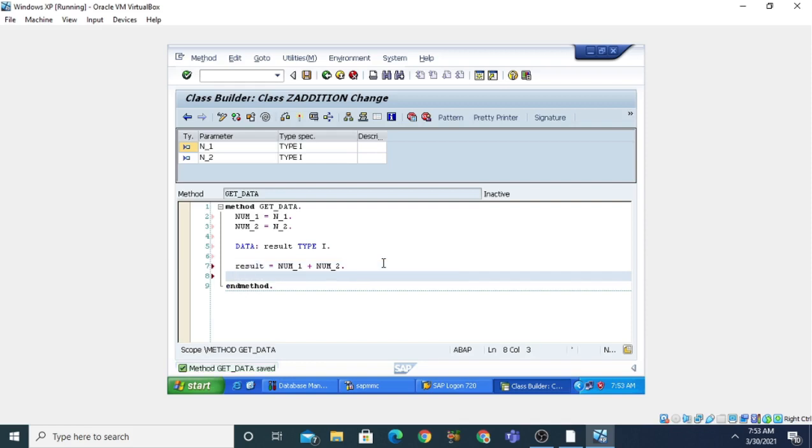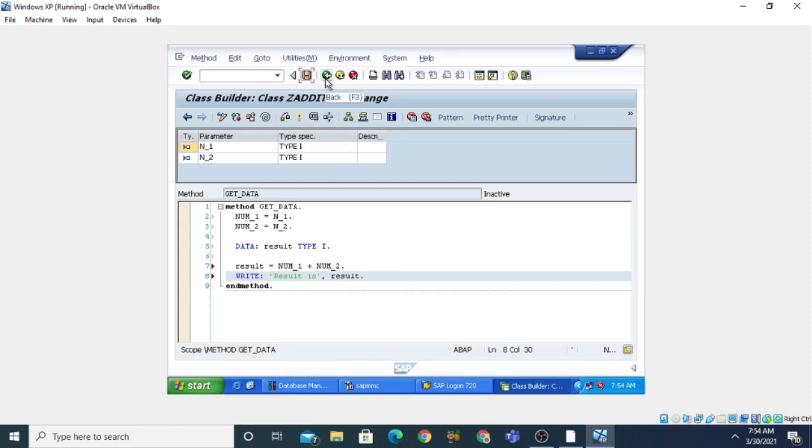So we are going to write here, suppose, write result is, comma, that is your result. Now click on the save button. So with the help of this get_data, we are getting the value from the parameters, storing that parameter value in the attribute of the class, performing the operation and printing the result.